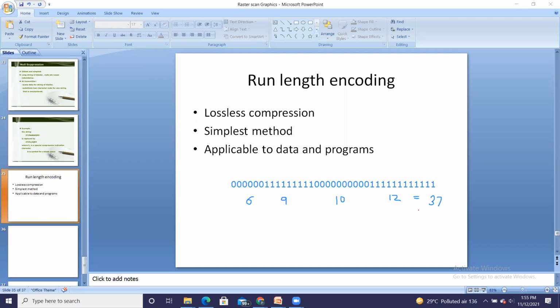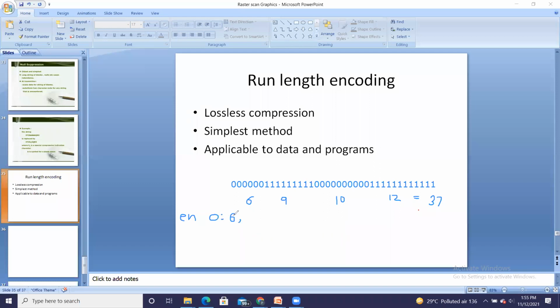Now, if I want to encode it, I am going to encode it with run length encoding. So the encoded data, I will write en. It is a program, so it is written in this manner. 0, number of zeros is 6. The colon represents the occurrences.